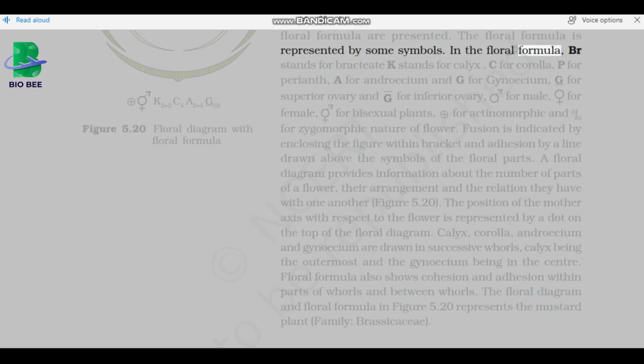In the floral formula, Br stands for bracteate, K stands for calyx, C for corolla, P for perianth, A for androecium, and G for gynoecium, G underlined for superior ovary, and G with a line above for inferior ovary, for male, for female, for bisexual plants, for actinomorphic, and for zygomorphic nature of flower. Fusion is indicated by enclosing the figure within bracket and adhesion by a line drawn above the symbols of the